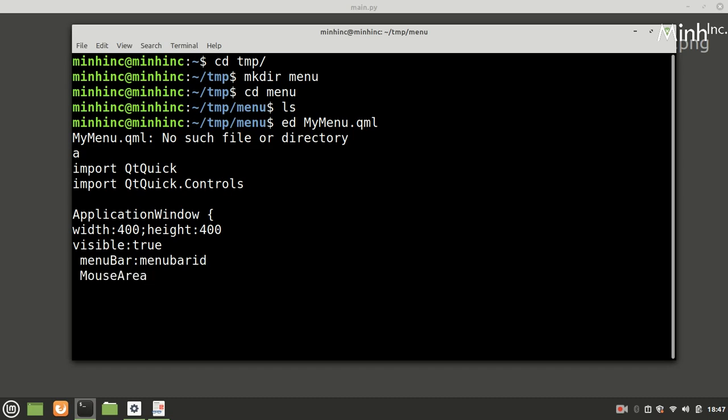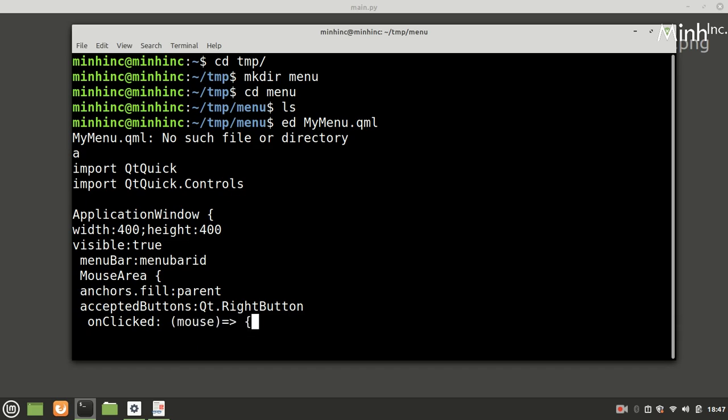And there will be a MouseArea. anchors.fill: parent, acceptedButtons: Qt.RightButton. If mouse.button equals Qt.RightButton, this is for the context menu.